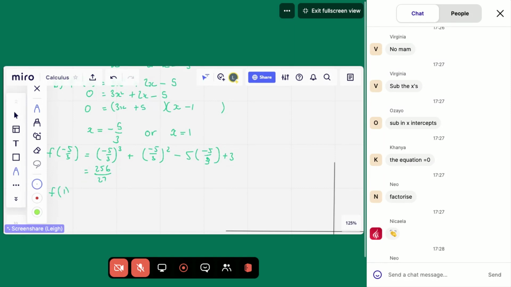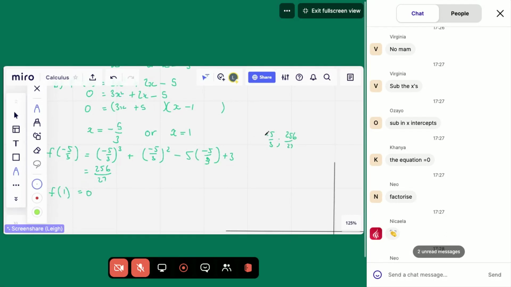If I sub in 1, then I'm expecting to get 0 as an answer, because remember the coordinates of the other turning point? Yes, there we go. Quite right. I would end up with 0. Perfect. Okay, so now that means I have a turning point at minus 5 over 3 and at